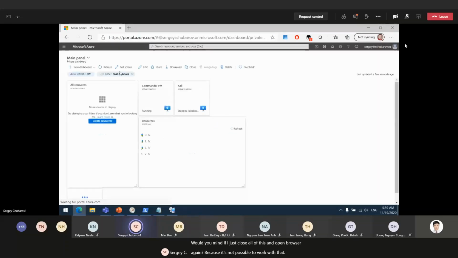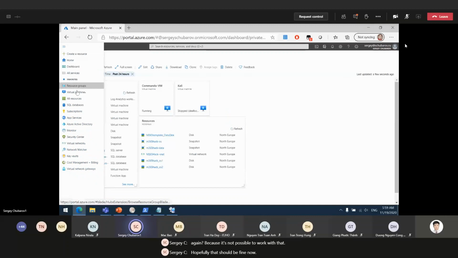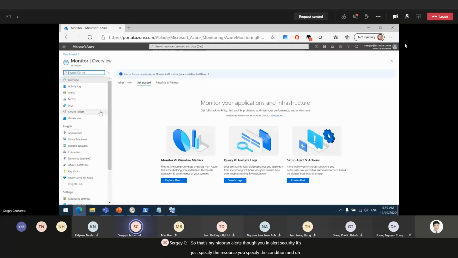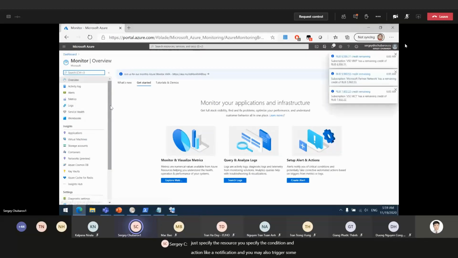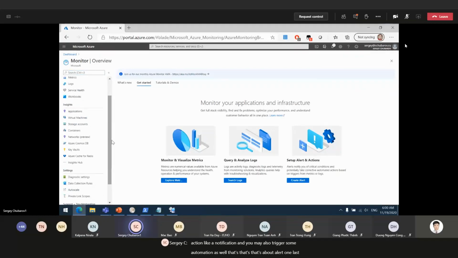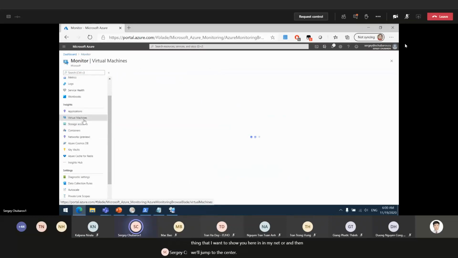Hopefully that should be fine now. So that's monitor and alerts. In alerts you create, you just specify the resource, you specify the condition, and an action like a notification, and you may also trigger some automation as well. So that's about alerts. One last thing that I want to show you here in monitor, and then we'll jump to security center, is